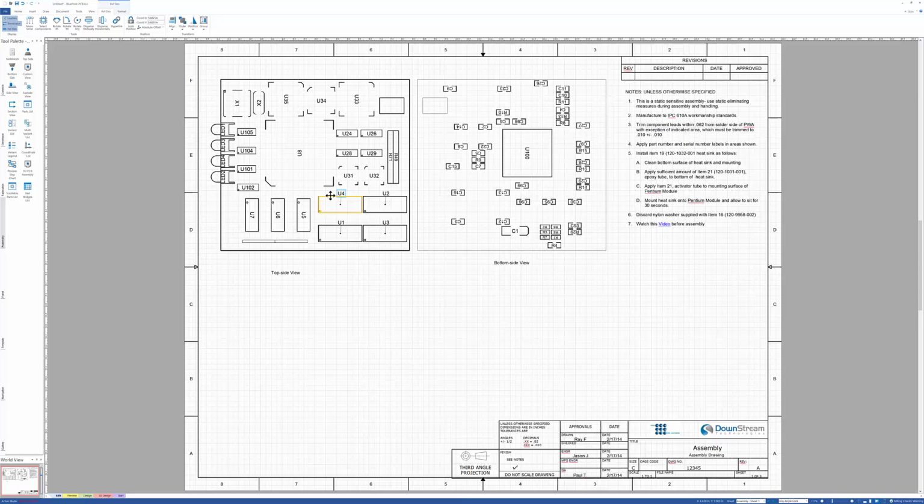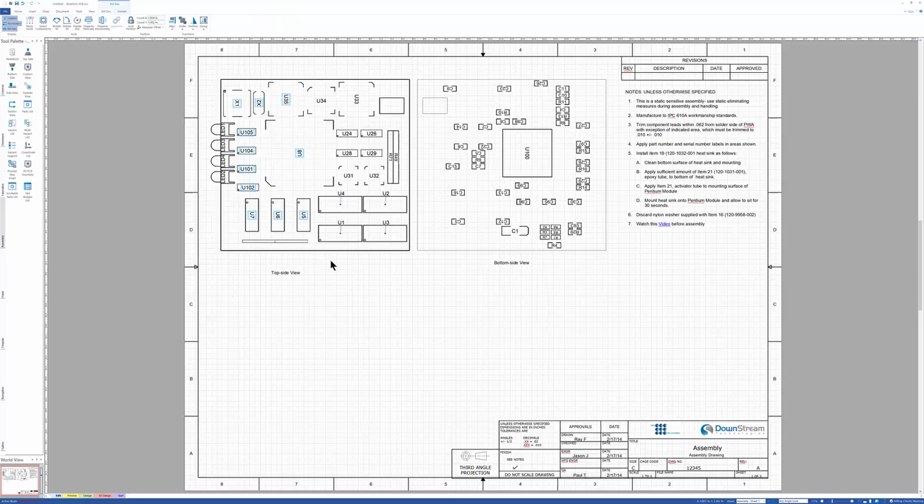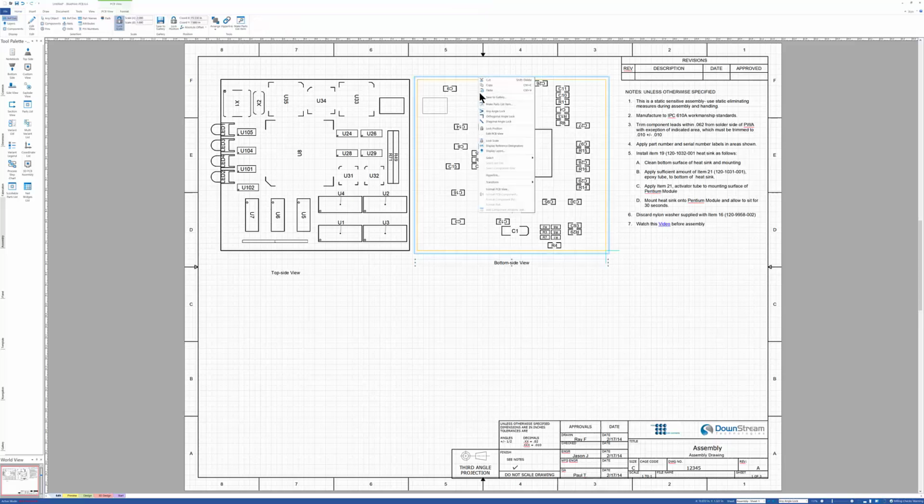Now I'm going to come back to that whole idea of apply format in a second, because in some cases I think we'll want to apply it to everything on a particular view. And yes, you can do window selects in here, and it's going to select everything inside the window, but there is a better way to do this in a lot of cases, so I'm going to show you how to do that. Another thing I noticed here on my bottom side view, and if we go to format on that,